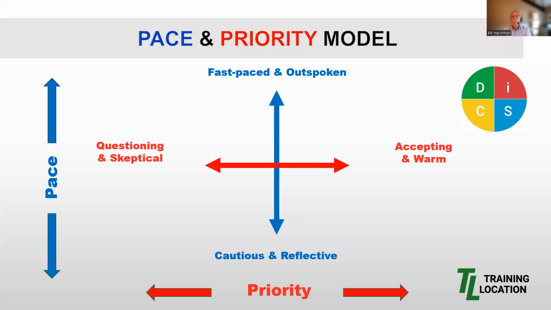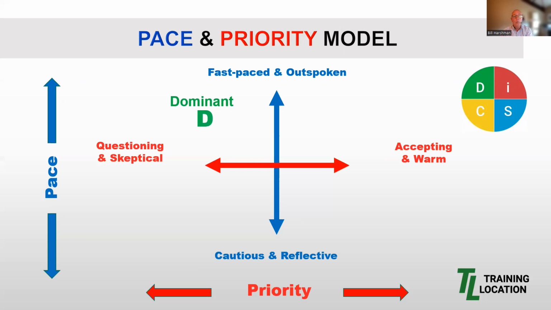And what I mean is those who are agreeable place a higher priority on cooperation and social harmony, whereas those who are less agreeable place a lower priority for cooperation and social harmony. But it is this interaction between these two continua which forms the four quadrants of the DiSC model. As we look at this simple grid, we can begin to make the unique pace and priority pairings into each quadrant as follows.